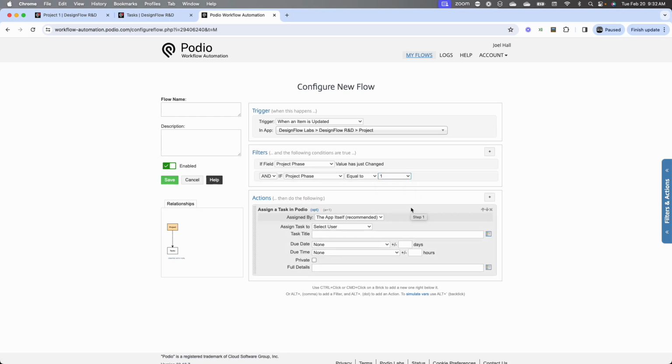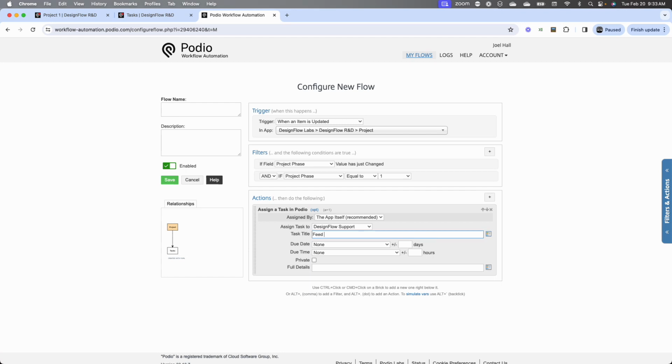What they'll do is hard code these tasks into the workflow engine, which is not wrong. It's a very effective, very quick way to start automating the creation of some of these tasks. But this is, again, where you start to run into some limitations, potentially depending on your use case. So if your use case is just a reminder that needs to be done by the same person every single time, that's something this type of automation can handle no problem. So if it were like, every single time we get to phase 1, I need to create a task for DesignFlow support to,